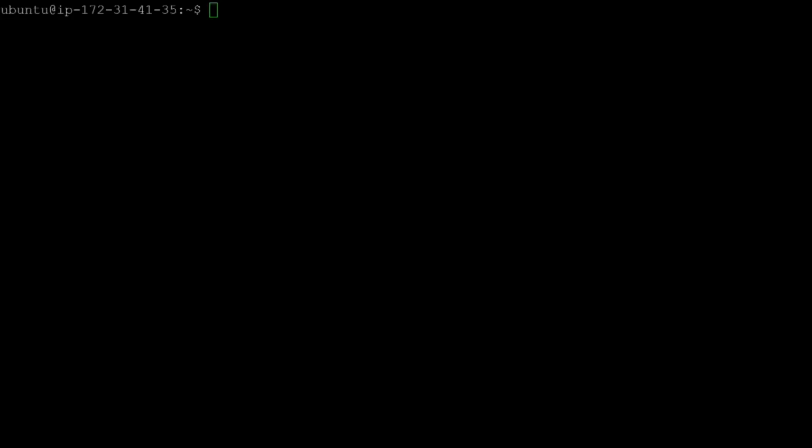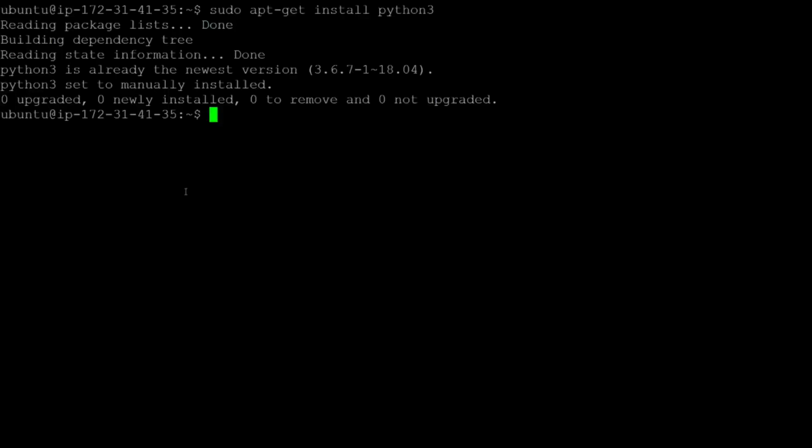Hello, this is the tutorial on how to install Kaitos and Python onto a clean Linux virtual machine. Please type the command sudo apt-get install python3 in order to install the latest version of Python onto this